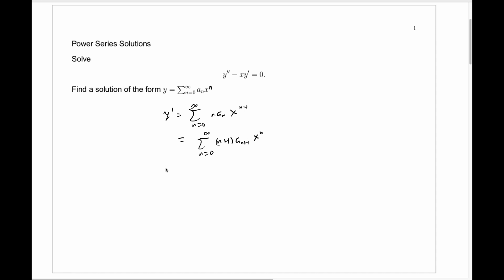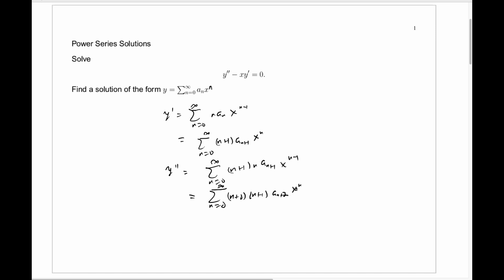Then we can differentiate it again to get y double prime equals the sum from n equals 0 to infinity of n plus 1 times n times a sub n plus 1 x to the n minus 1. Again, the n equals 0 term is 0, so we can start from n equals 1 and then shift the index to get the sum from n equals 0 to infinity of n plus 2 times n plus 1 times a sub n plus 2